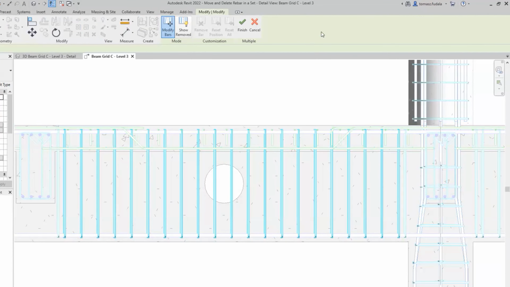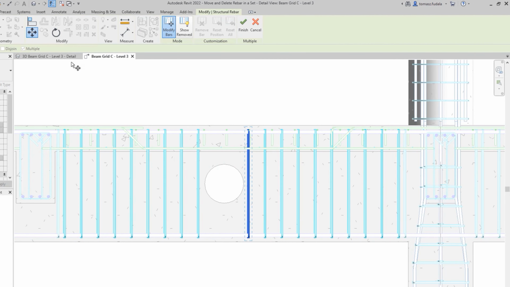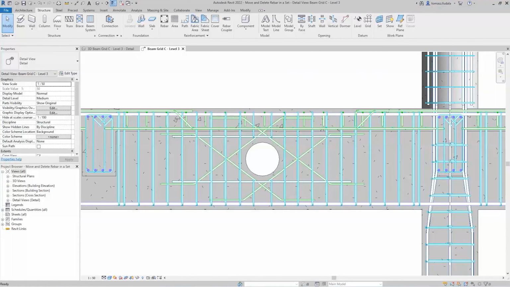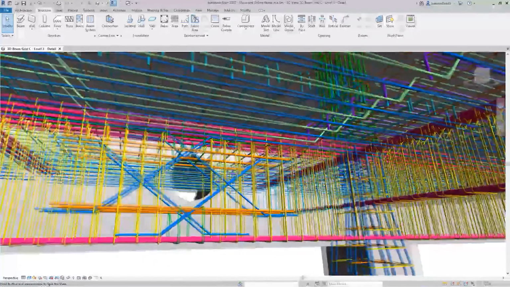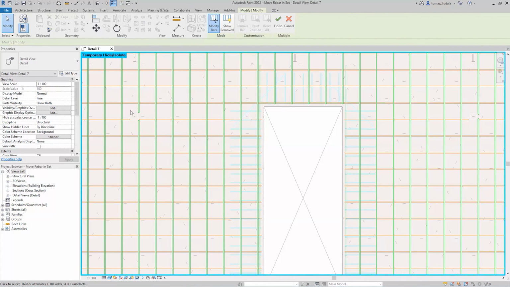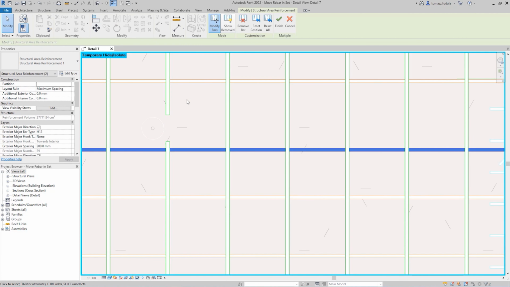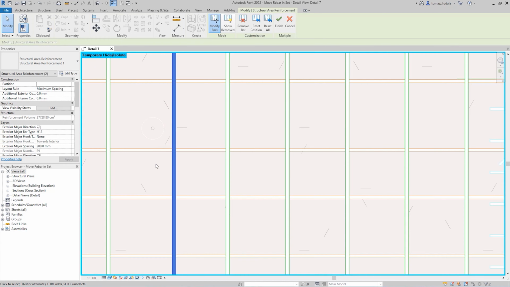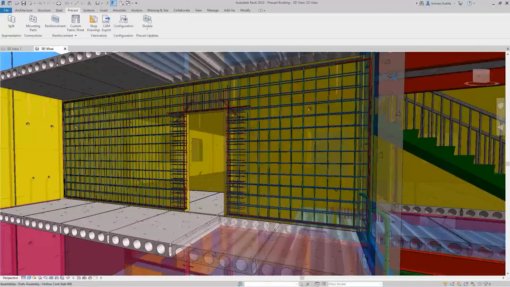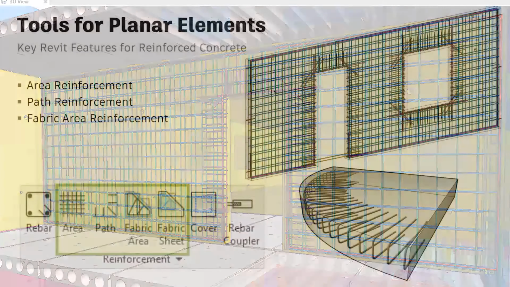In Revit 2022, you can now move or remove individual bars and rebar sets or area and pad reinforcement systems to avoid clashes with other rebars, openings, or other elements, while maintaining the logic of the rebar set or system. There is no need to split a set into multiple sets to remove path and area reinforcement systems, workflows that were complex and time-consuming. Multiple sets or systems can be edited at the same time.